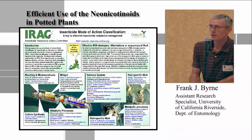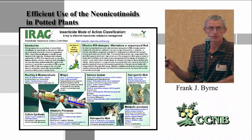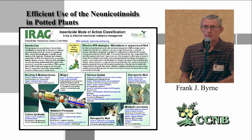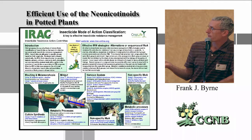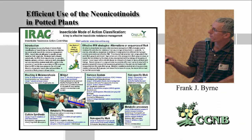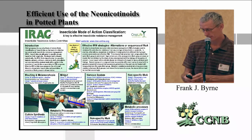So both Jim Bethke and Beth Grafton-Cardwell referred to this poster this morning in their talks, and this is basically IRAC, or the Insecticide Resistance Action Committee's effort at classifying insecticides based on the mode of action. So every insecticide that you can think of should really be there. And the neonicotinoids are group 4A, acetylcholine receptor agonists, and they're in a group all on their own. This poster is actually downloadable if you want from iraconline.org. So if you want to get your own copy, or there's probably a later version of that available now,